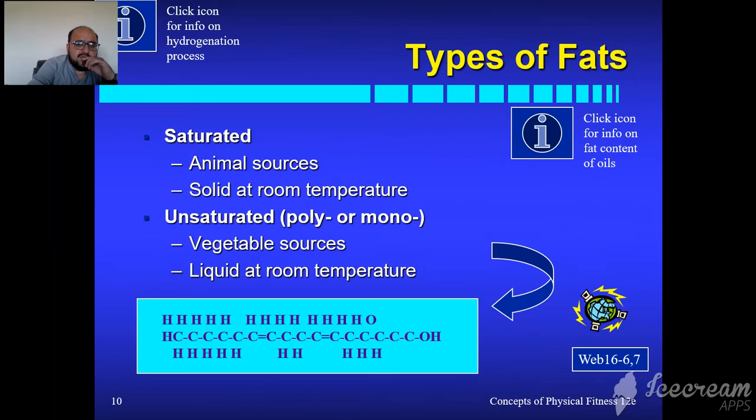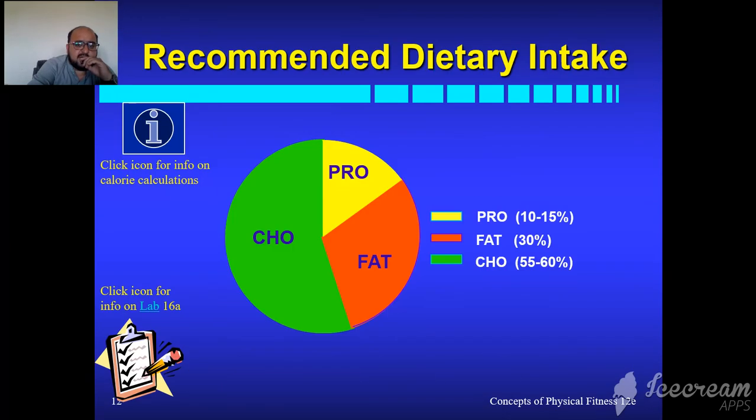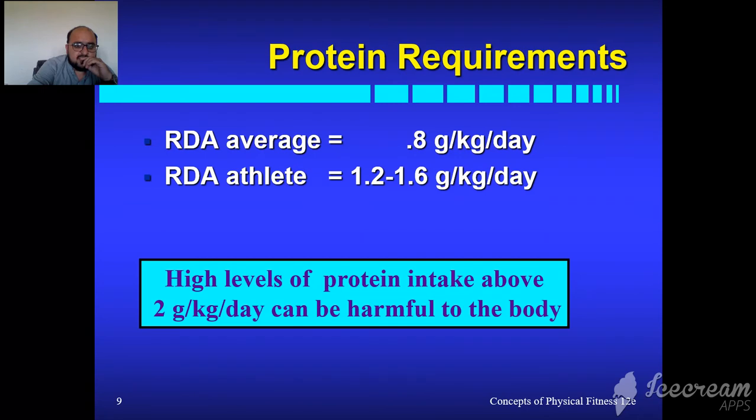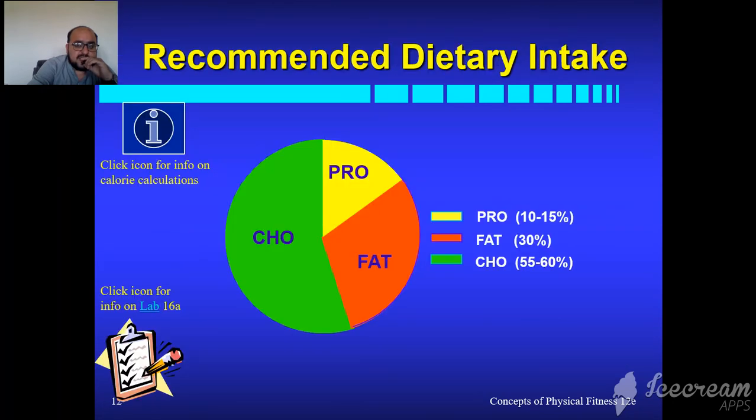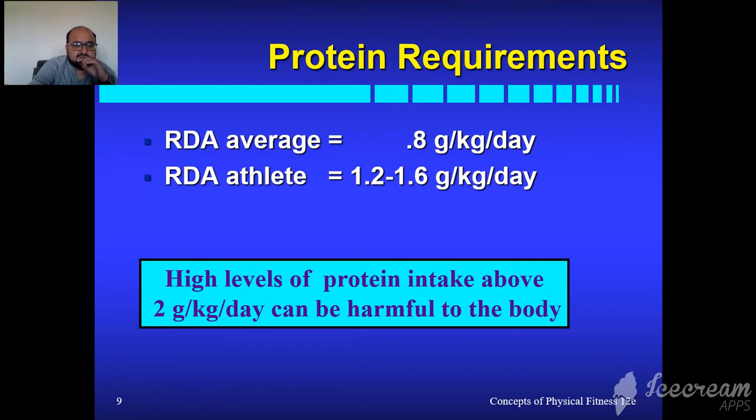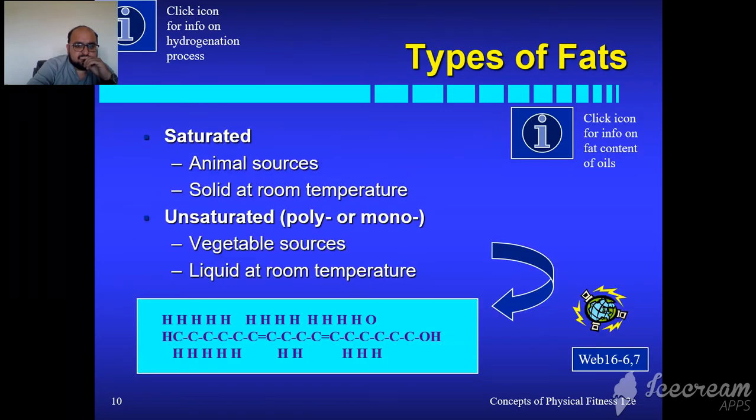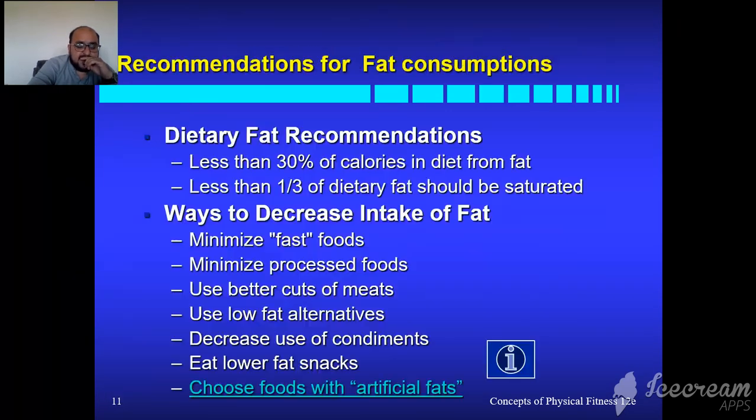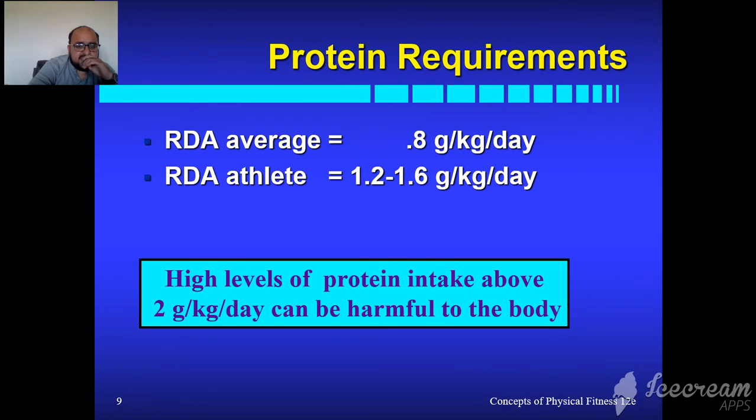Now come toward the protein requirement. As we know, the protein requirement is the recommended dietary intake. The recommended dietary intake average is 0.8 gram per kg per day, while the recommended dietary intake in athletes is 1.2 to 1.6 gram per kg per day. So a high level of protein